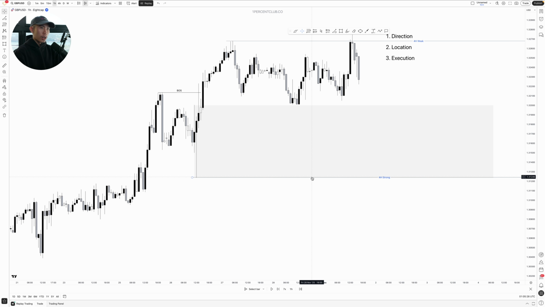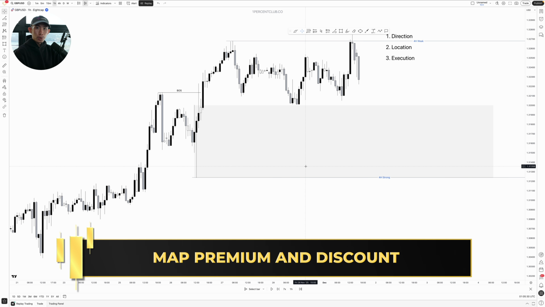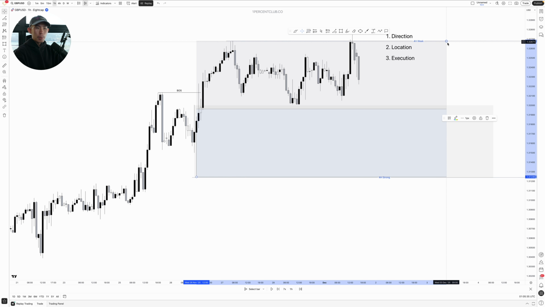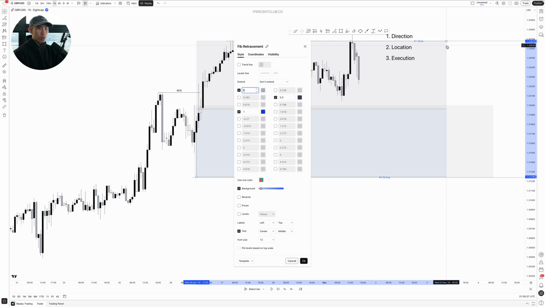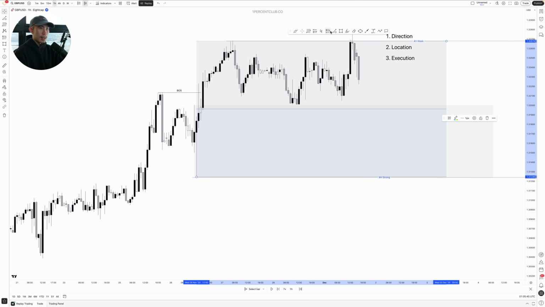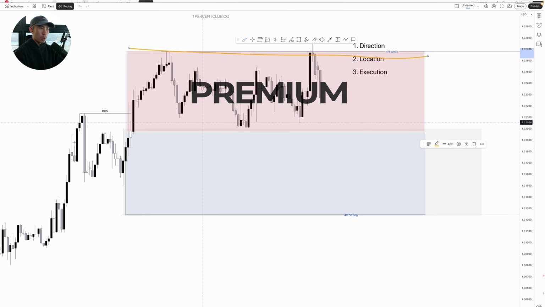And another thing that you want to do is to actually map out your premium and discount. So this right here is the premium and discount too. If you want to copy the settings, I've put it on the screen itself. You can just take a screenshot of this or pause this video and try to copy the settings right here. But basically what it does is that it allows you to understand where to enter for a sell and where to enter for a buy, or what's the best price point to do so. So above here, this is your premium level, right?